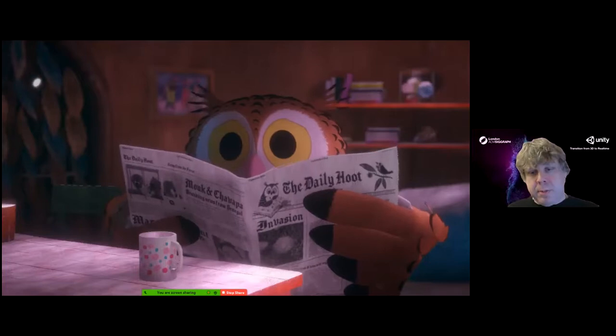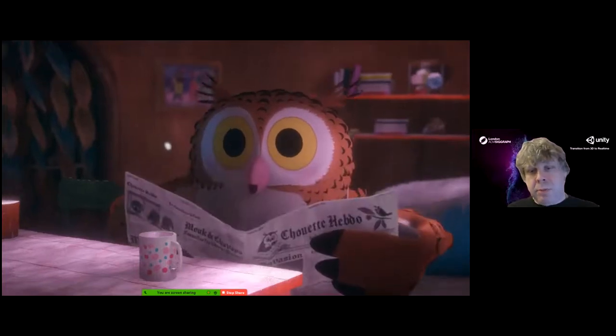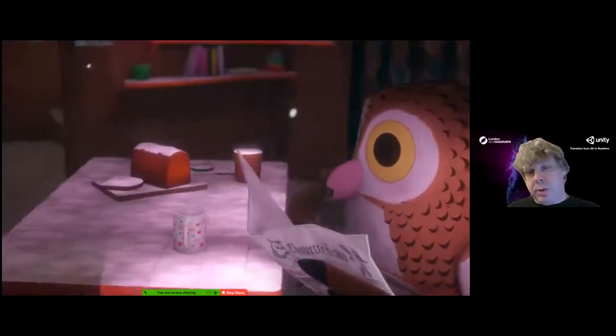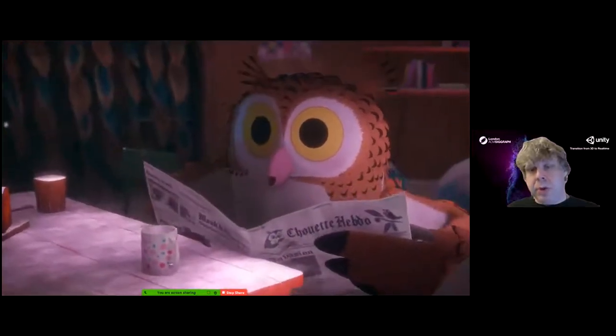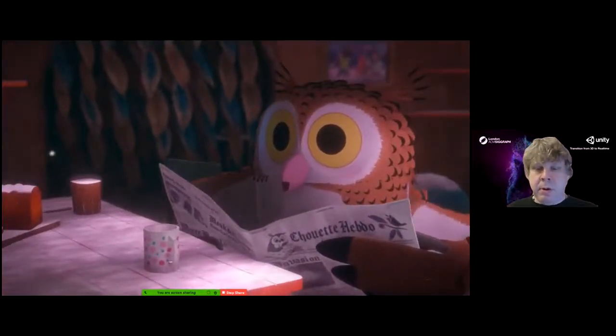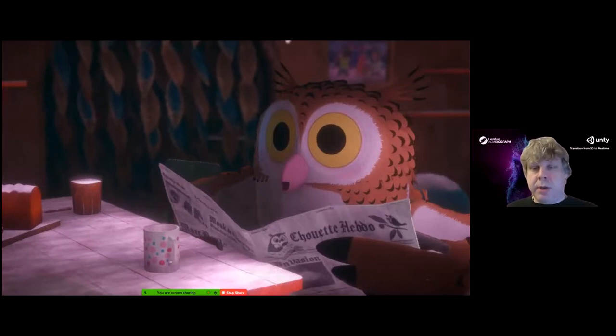If you look at the newspaper here, they've embedded the languages into this too, so they can make this for multiple languages. If you look at the type on the newspaper as I'm changing this, it's changing from English to French.